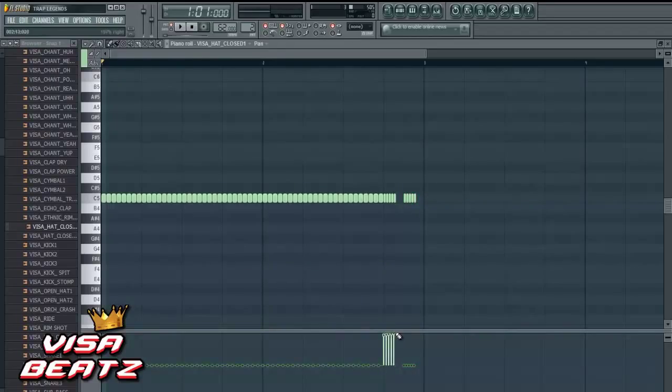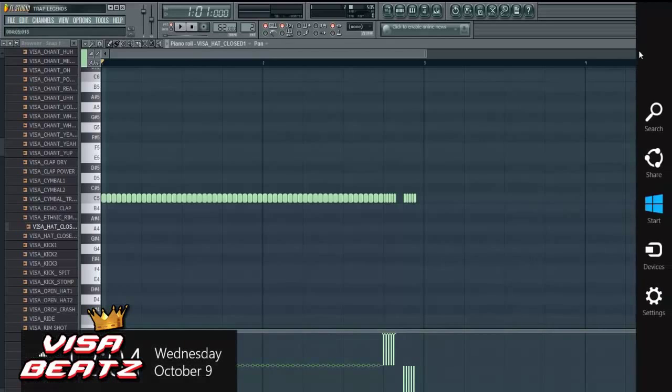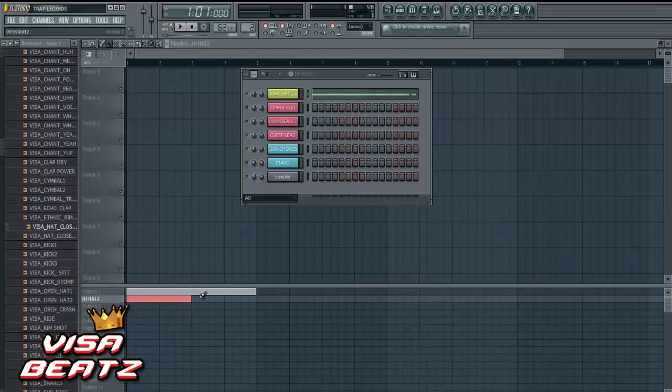Hold down the right click and this will give you a straight line. Turn that back to the center. And we want to do this as well. Now when we play it,